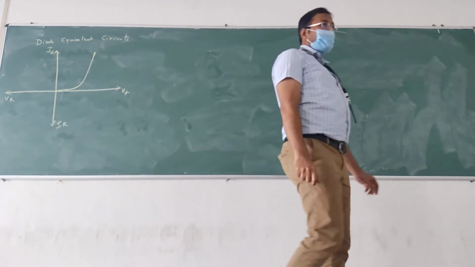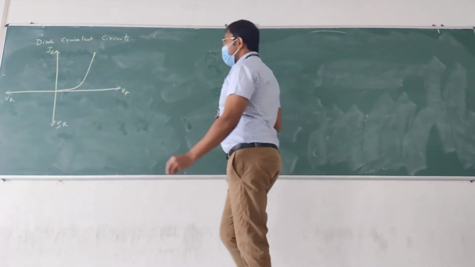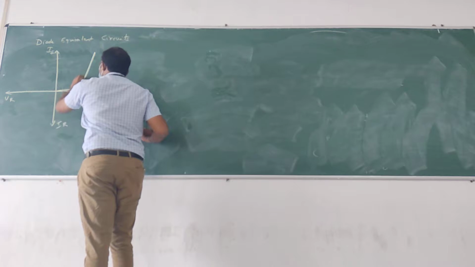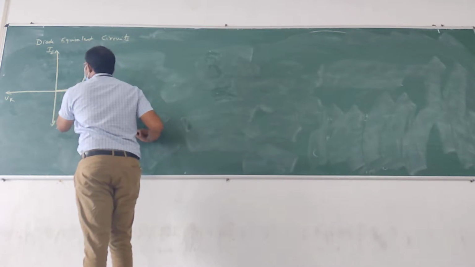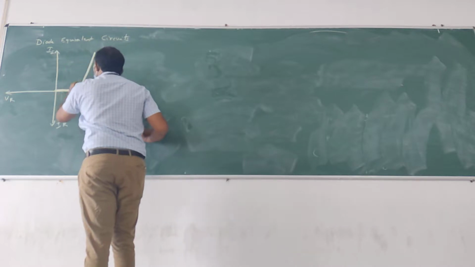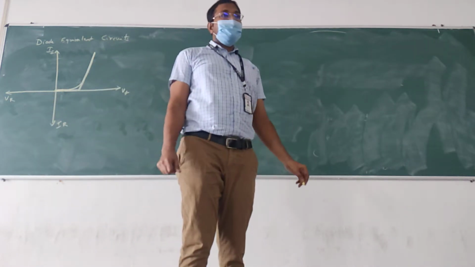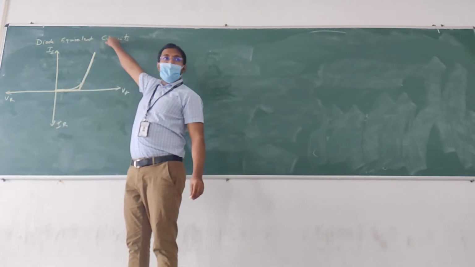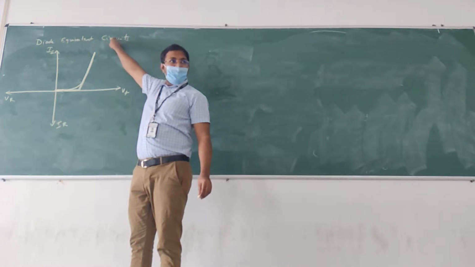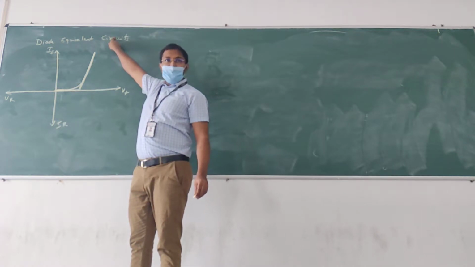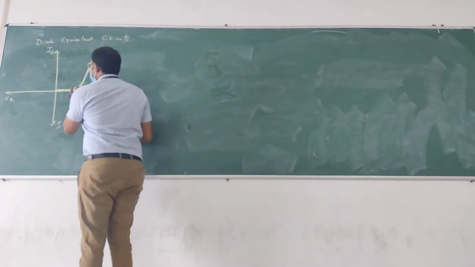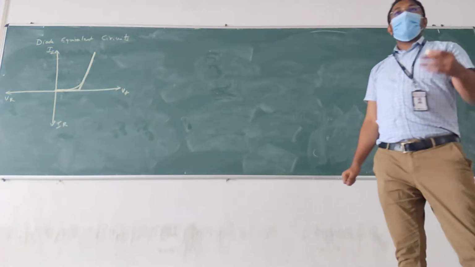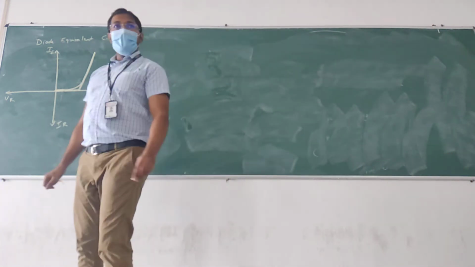You know very well. Now, we can make some approximations. We can say that the characteristics are something like this. Almost same. Earlier it was a curve, but now we are approximating that it is not a curve. Instead, we have two straight lines. One straight line and another straight line. You can do that approximation. Yes. That will help us to get the equivalent circuit for the diode.